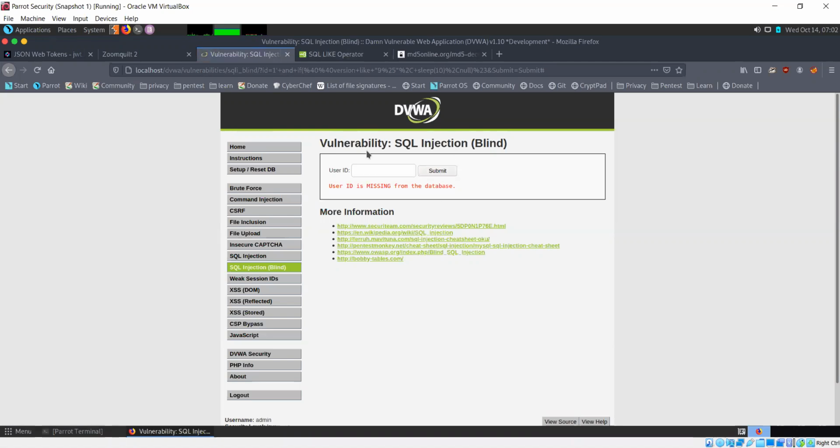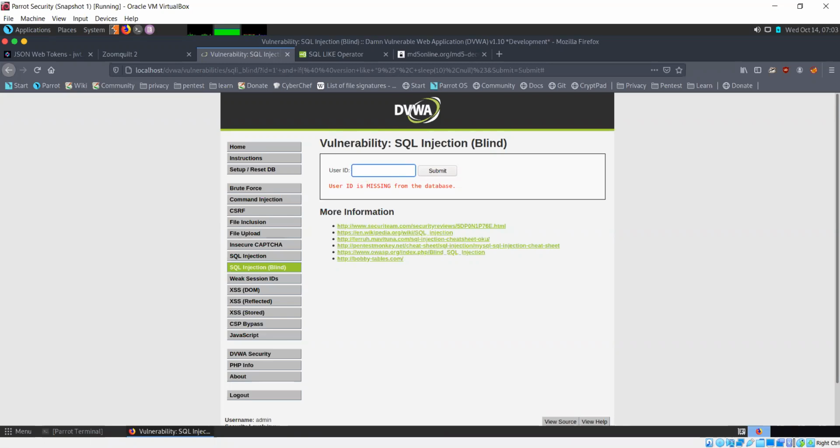Now in this case, we see that the response was not delayed. It did not sleep for 10 seconds. It immediately gave us the response. This means that the query that we specified, the condition that we specified there, that was false. So the version number does not start with 9, it starts with 10 based on the previous query that we ran, the one before the one we just ran. So that is true.